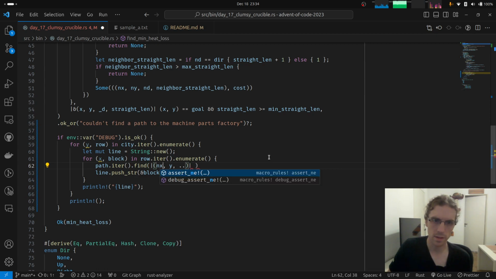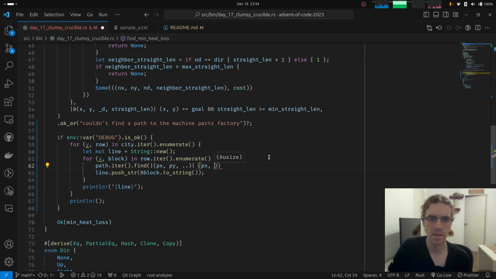Let's say path x, path y, px, py equal our xy coordinates that we are working on here.